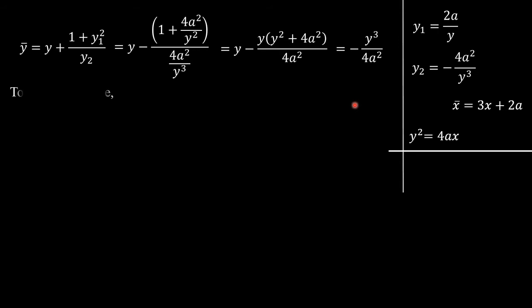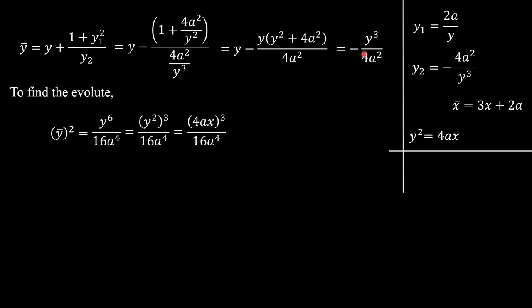Now to evaluate the second part, that is to find the evolute of the given curve. Finding the evolute of the given curve is nothing but finding the relationship between x bar and y bar, because your x bar and y bar are the corresponding coordinates of the center of curvature at any point, right? So we will just relate x bar and y bar. Let me just take the square of y bar.